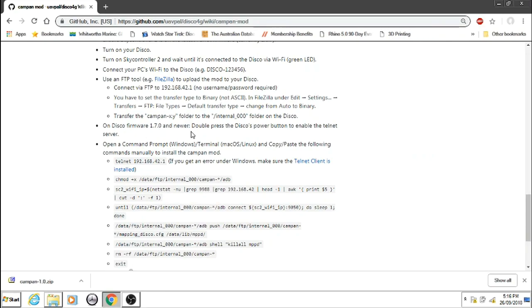Okay, so we've transferred CamMod to the internal 000 directory of the Disco. On the Disco firmware 1.7.0 and newer, we double press the Disco power button to enable the Telnet server. So when you press it twice, you'll get a cyan, white, and then it will return to flashing blue because you're not outside where it has a GPS signal, although if you do have a GPS signal then it'll be green. You need to open a command prompt